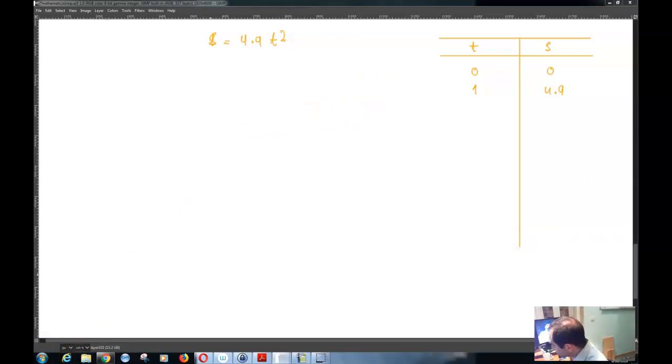Now for the rest of these inputs and outputs, for example, if your t is 1.5, your output is going to be 11.025, input 1.8, your output is going to be 15.876, at input 1.9, your output is going to be 17.689,